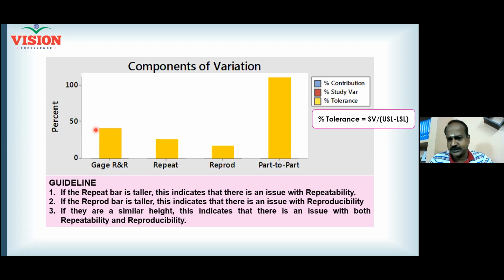Under such a situation, either you change the measurement system completely or try to improve it. If the option is to improve the measurement system, then you can make use of the remaining 5 graphs. If you can completely change the measurement system, no need to read anything, you can go for a fresh one. Now gauge R and R is around 40%. Out of that 40%, which is contributing more, repeatability or reproducibility? Repeatability. So you take action in that direction because repeatability contributes more. So it gives a broader view, a visual clue, right?